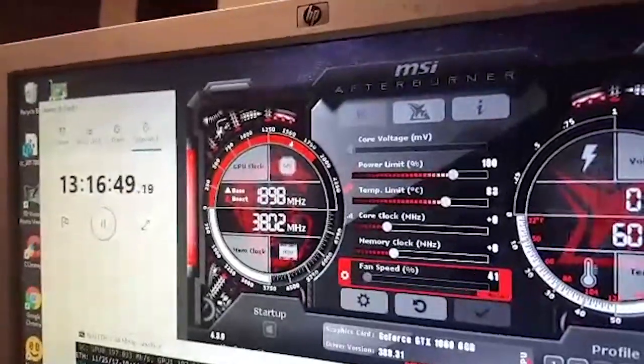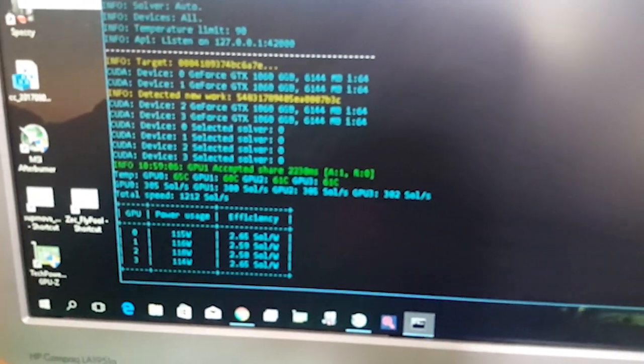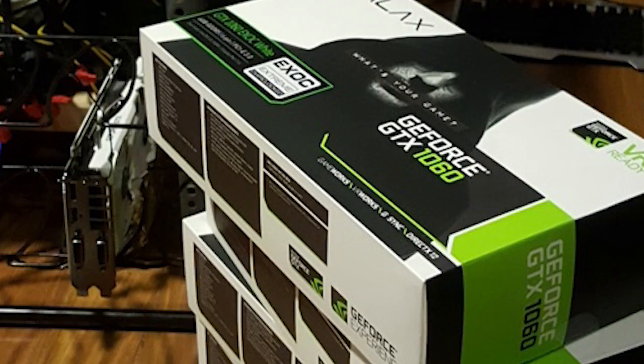So here, I've been running the rig for the past 13 or so hours straight, and so far so good. I'm going to wait and see if it will reach the 24-hour mark. Hopefully by that time all components have been delivered already so that I can proceed with the actual 12 GPU